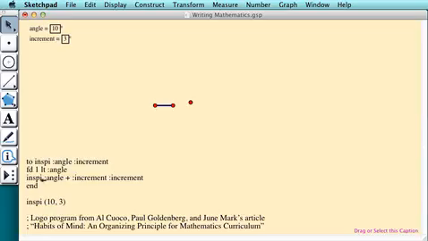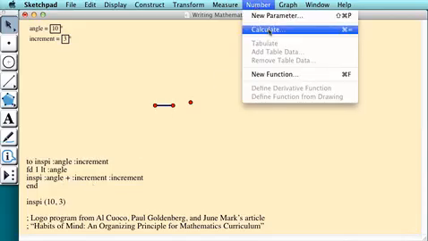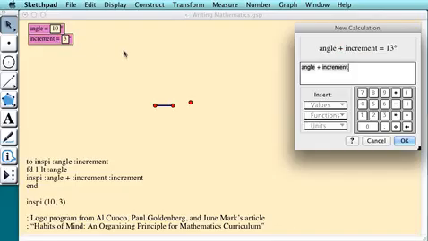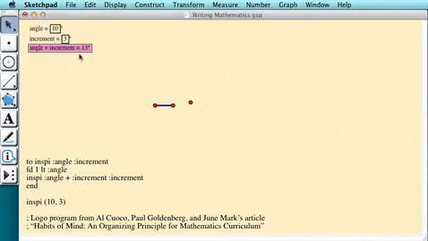Now we come to the third line. The third line says to use the procedure from within itself. Call the procedure all over again using angle plus increment. Okay, let's do that. We'll calculate the value of the angle plus the increment, and that's now going to be 13 degrees. So, to call the procedure from within itself,